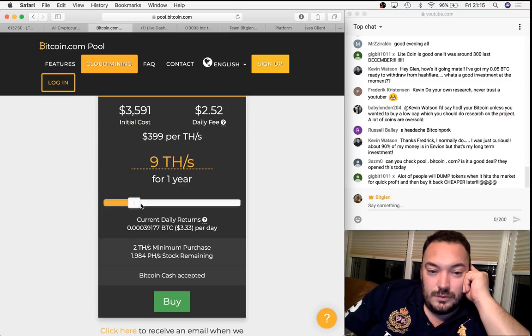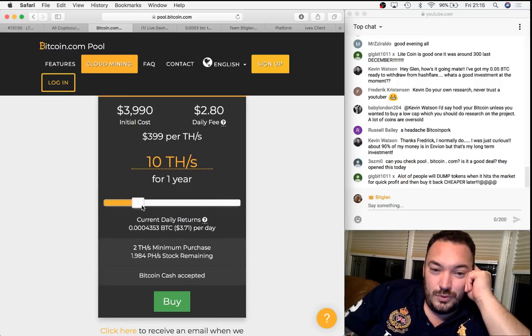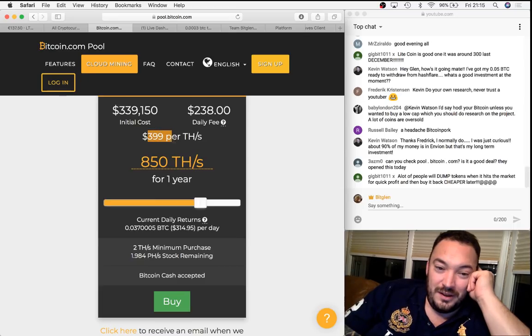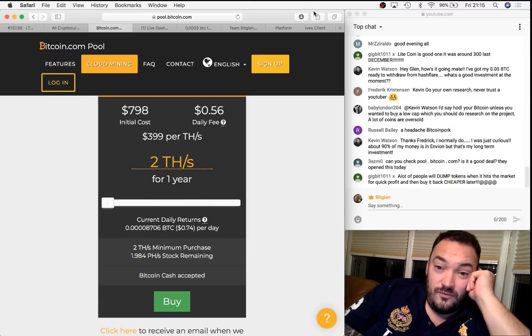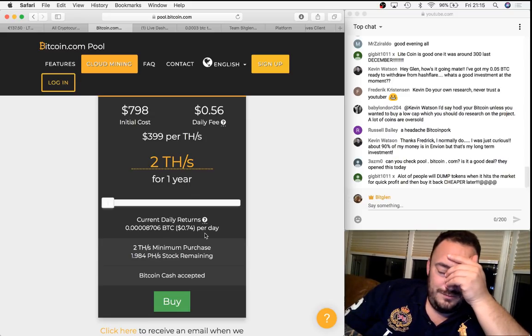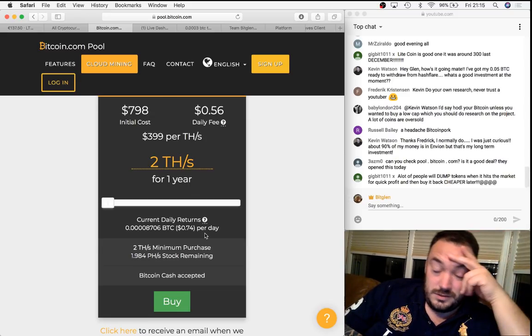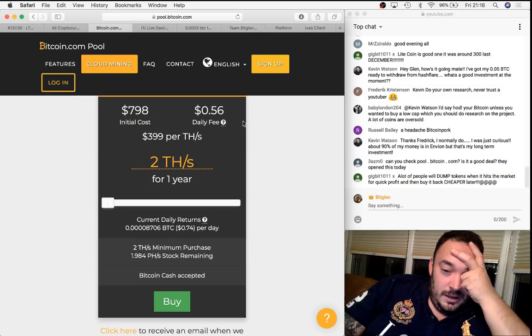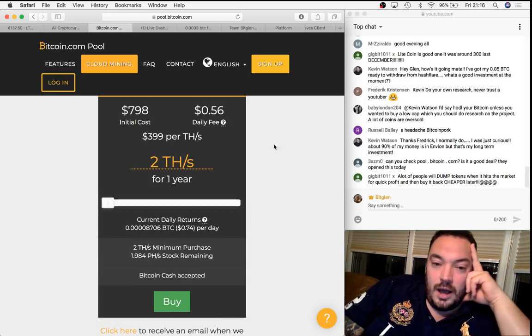Let's do, so to actually earn, God, it doesn't get any cheaper the more you buy it. It's $400 per terahash. When you think on Hashflare, $400 would get you, well, just under 4 terahashes. So this is 4 times more expensive. And their daily fee seems quite high because